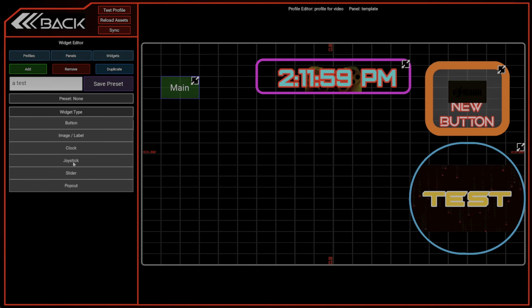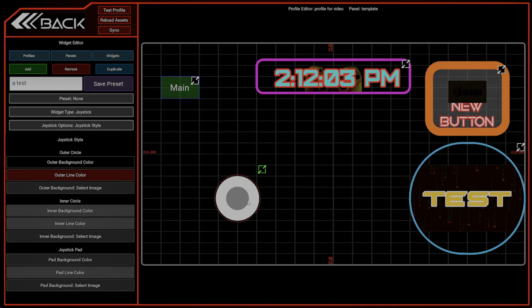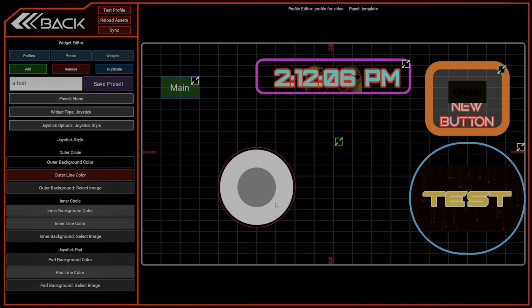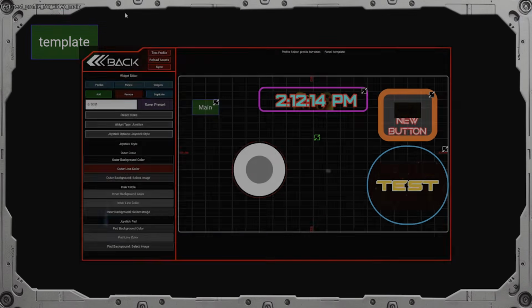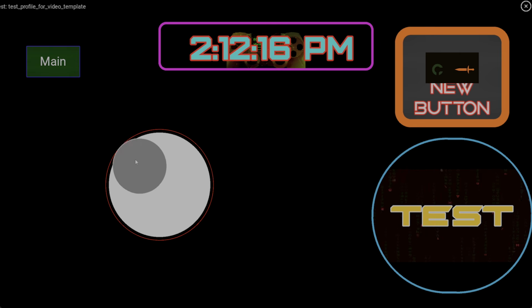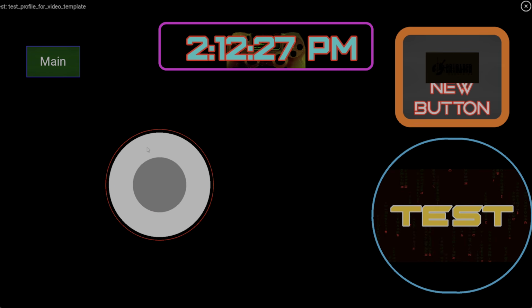So the next widget type is the joystick. Add our little default joystick in here, make him a bit bigger. So the way this works is it's essentially like a thumbstick from a gamepad. If we go into test the profile, we can see that this essentially acts exactly like that, and it's confined. If you see the edge of the inner thumb pad is confined by the red, which is the outer, and then the white is your